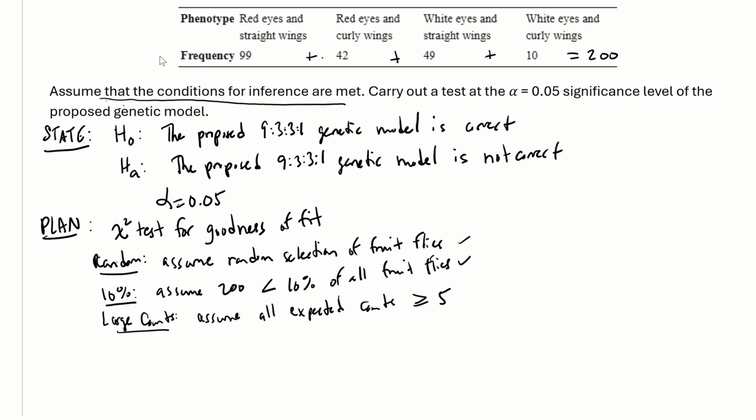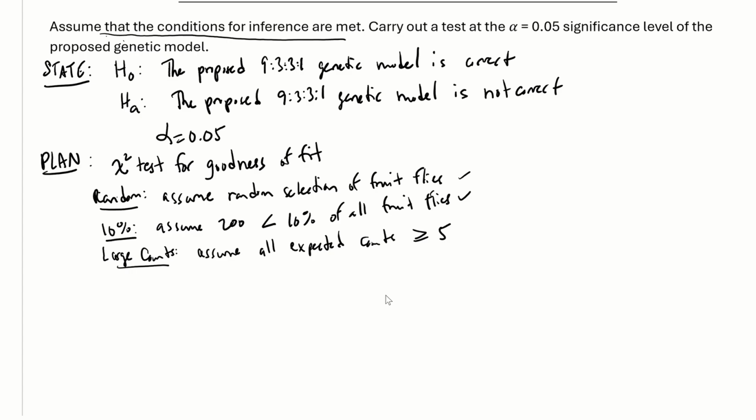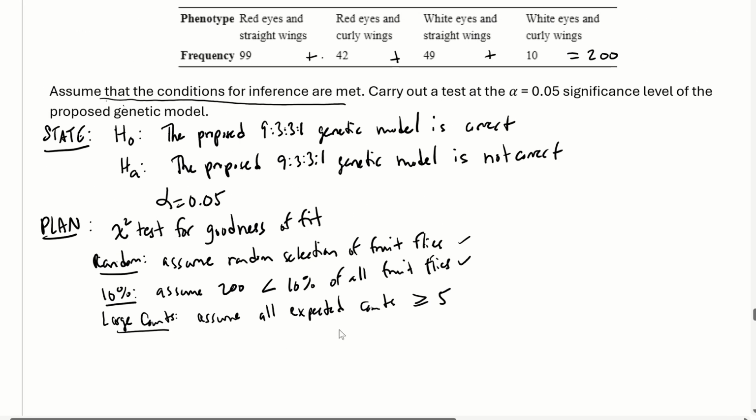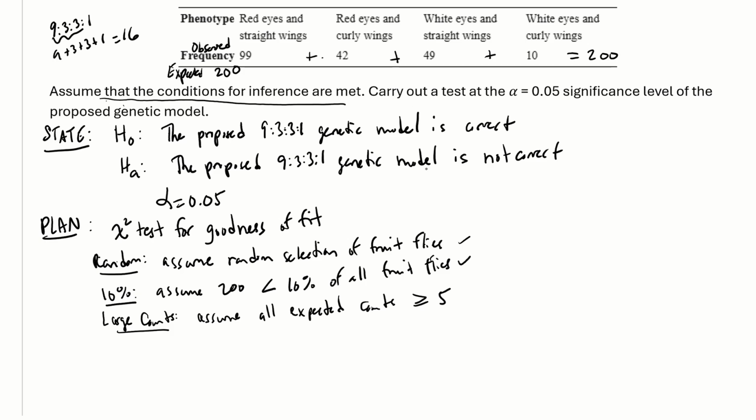All right, now they told us to assume that in the question, but I'm going to treat this as if we have to figure that out, okay? So it says assume, but I'm also going to list the counts so that we can find them. I'm going to show you how to do this. So if it's a 9:3:3:1 ratio, add these up, 9 plus 3 plus 3 plus 1, that's a total of 16 parts, okay? So if we had 200 flies, this is the observed row, but the expected is going to be 200 times